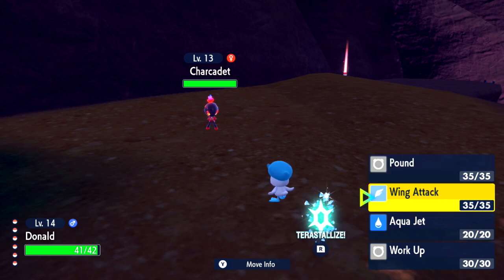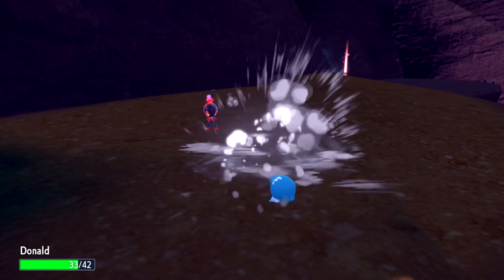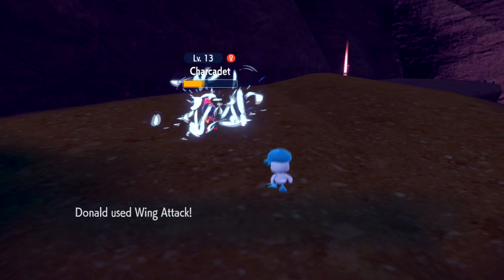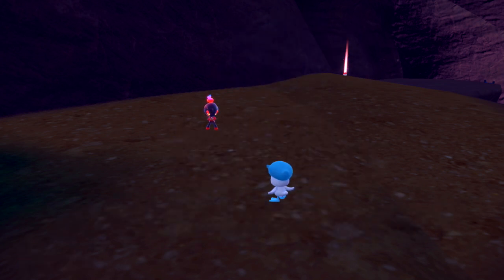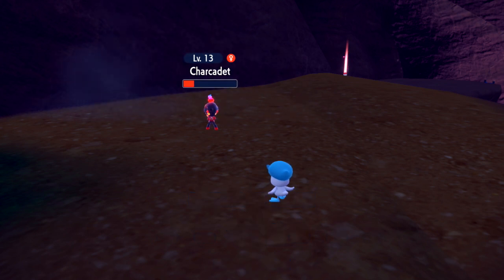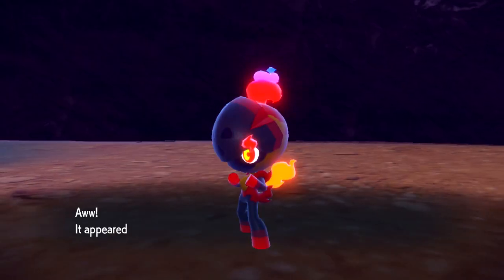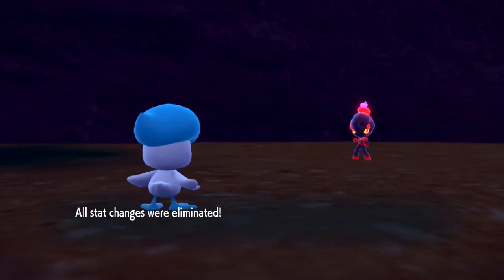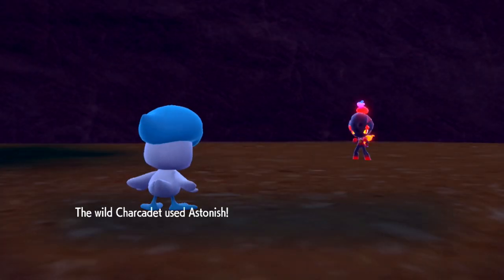So let's go ahead and weaken it. It's a level 13, so I could use Water Gun, and it wouldn't defeat it in one shot, but I want to go ahead and just make sure I have the ability to catch this Pokemon. So Charcadet, what's actually interesting about this Pokemon is that it has two different evolution forms, depending on the version of the game that you're playing on. I'm playing Violet, which means that Charcadet's going to evolve. When Charcadet evolves, it'll evolve into a Fire Ghost Pokemon, whereas it's a different type if you're playing Scarlet. I don't know off the top of my head what it is,